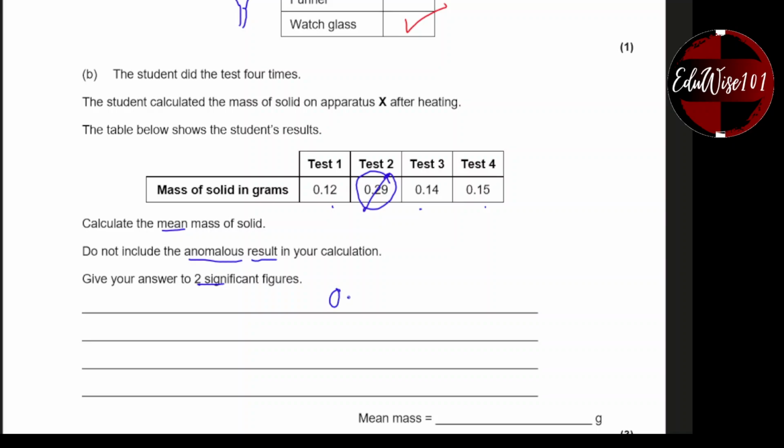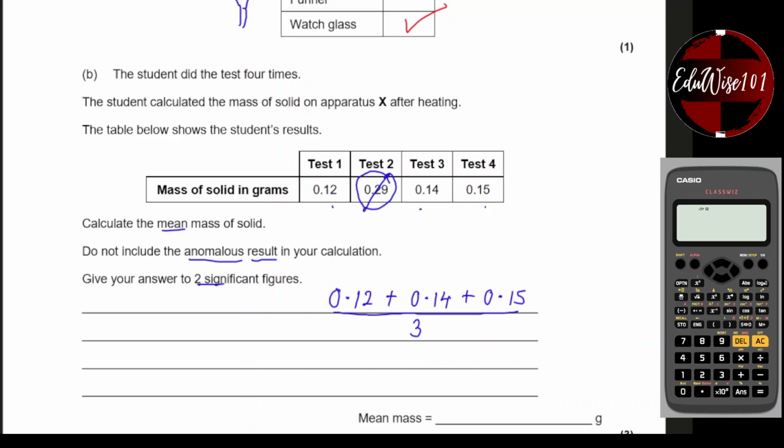So 0.12 plus 0.14 plus 0.15, and then you divide all 3 of them by 3. 0.12 plus 0.14 plus 0.15 gives me 0.41 as a total, and then if I divide that by 3, that gives me